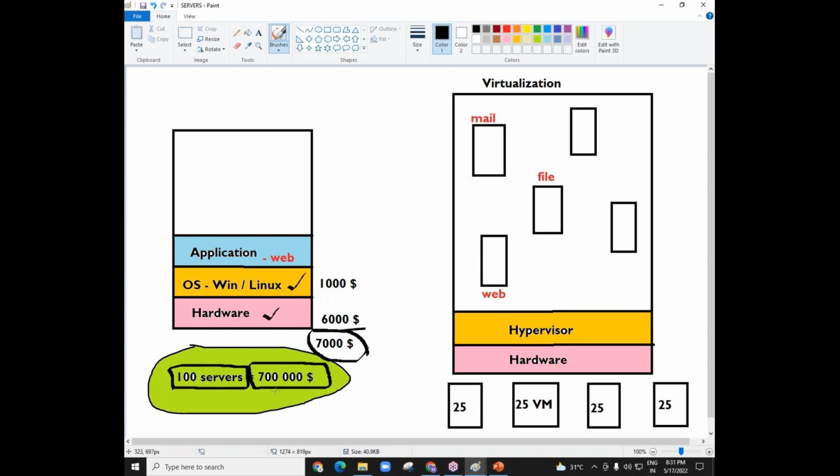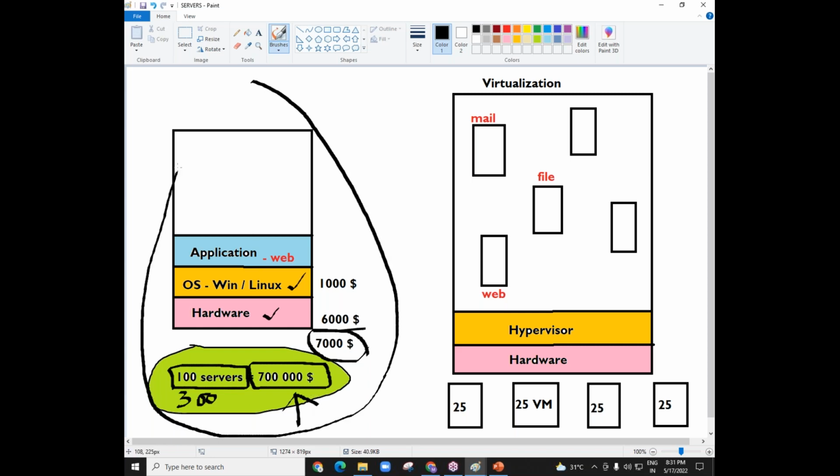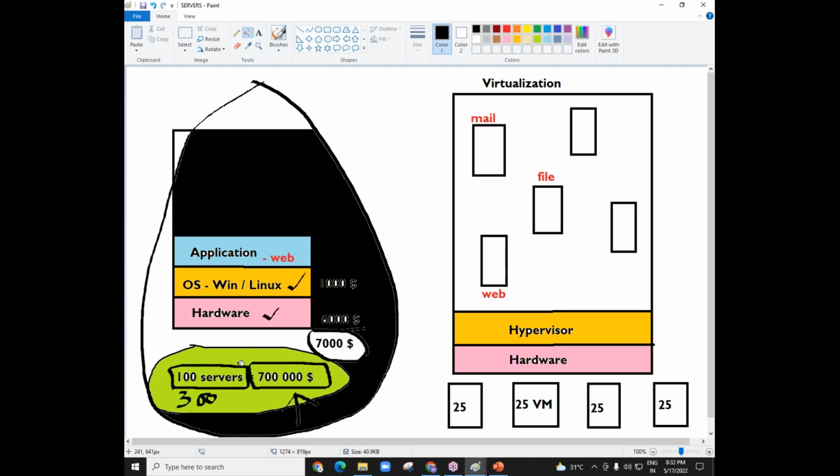Now the cloud computing concept came because of this money only, my friend. Because companies were spending this much money, and it was not easy for any company to spend that much. If you want to increase the number of servers from 100 to, suppose, 300, because that is your business, you need this many servers, obviously this money will increase. Instead of 7 lakh dollars, maybe you need to spend 20 lakh dollars or 25 lakh dollars, so the money will increase. Okay, this is the old way of installing, configuring and running the application. This is the old traditional way.